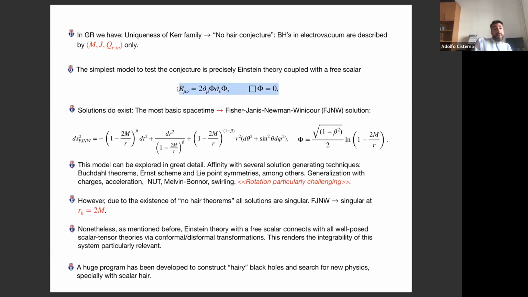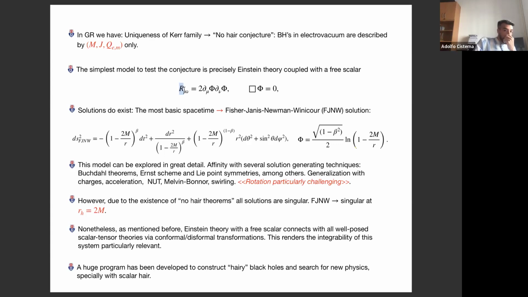What you can do to not have the singularity is to go beyond spherical symmetry and somehow be still in a static case with axisymmetry, but your solution will not describe a black hole. You might find, I don't know, maybe a sort of wormhole or something else, but it's not going to be a black hole. But in any case, this is going to be our starting point, because eventually we would like to use this as a seed on which a change of frame might give us some interesting geometries in other theories. So let us fully scan all the integrability of this sector.